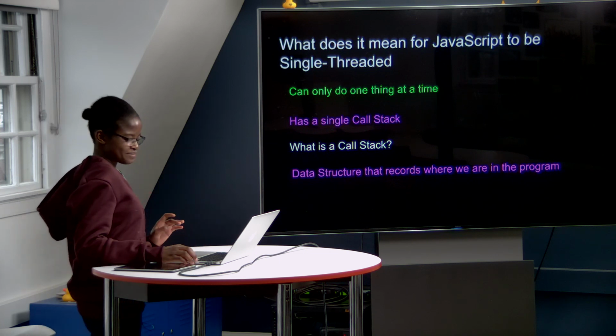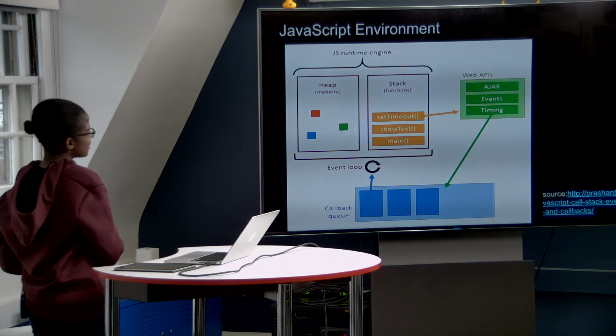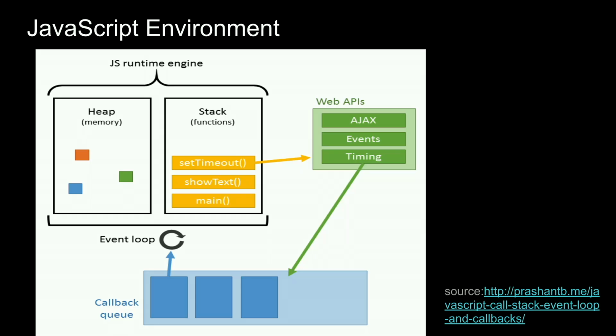So I would put up this diagram, and we probably looked at this when we looked at memory management inside our computers. Here we have the JavaScript environment. We have the JavaScript runtime engine, which is really where my JavaScript code is executed. In my runtime engine, I have the heap, where memory allocation takes place, and I have the stack. In my stack, I have a list of functions, and how the stack acts is that